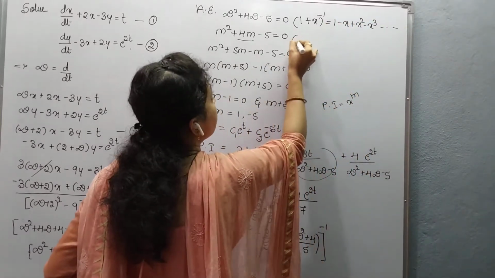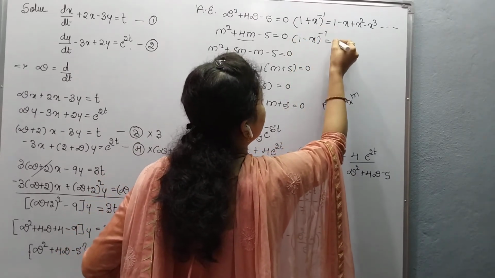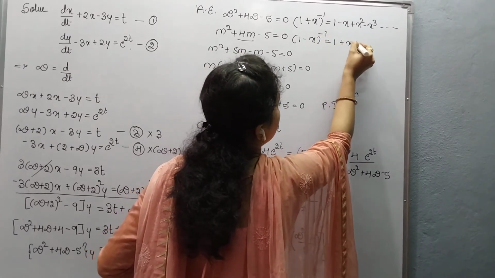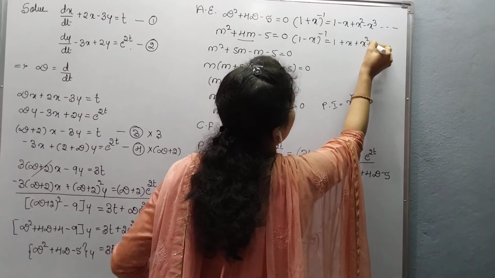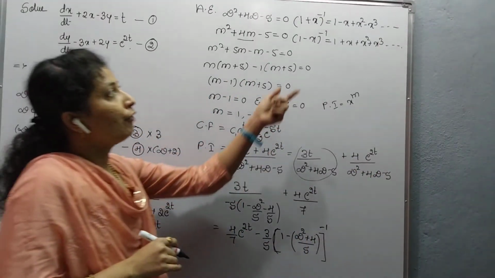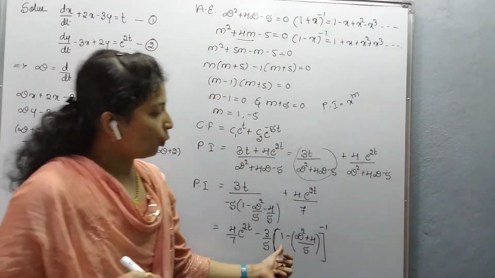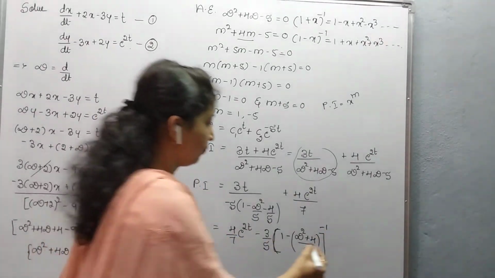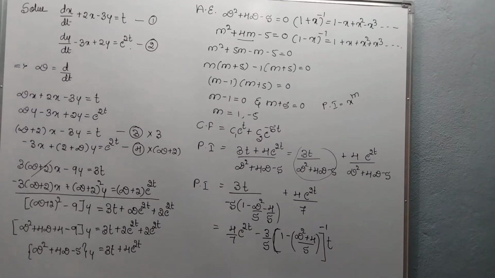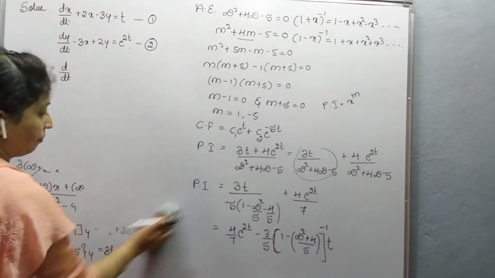The next expansion is (1 minus x) to the power minus 1, where we get the same terms but the signs are all positive, that is 1 plus x plus x square plus x cube and so on. If we have plus, then we get alternating signs; if we have minus, then we get positive values. So here it is of the form (1 minus x) to the power minus 1, and we can expand the terms by using the binomial theorem.